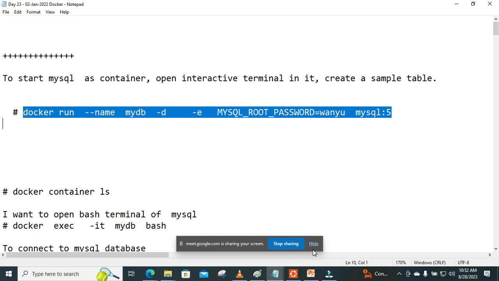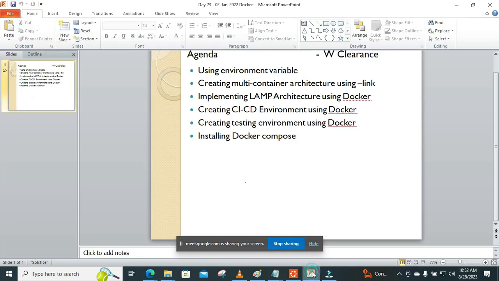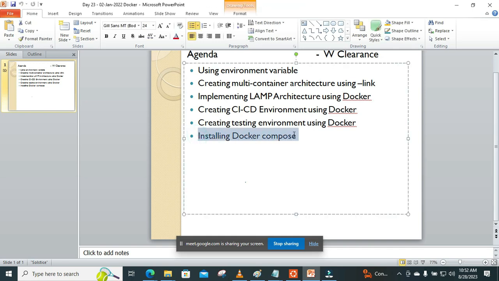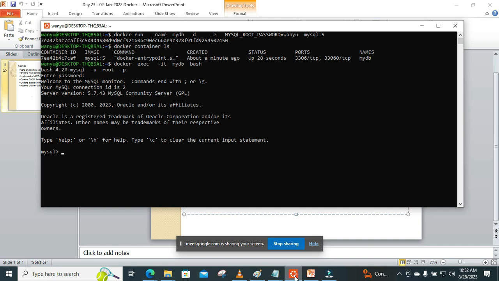Actually, what I wanted us to do today was Docker Compose. You see, --link is actually archaic. What we normally use today is Docker Compose. Most often Docker Compose is already becoming obsolete, and most people are now using Kubernetes. Okay, sir. So what we are to do today was to correct your assignment, because I was receiving a lot